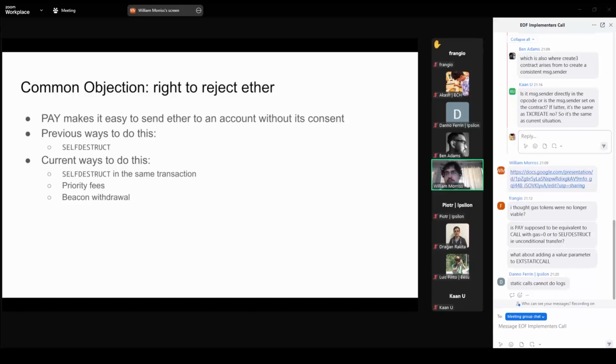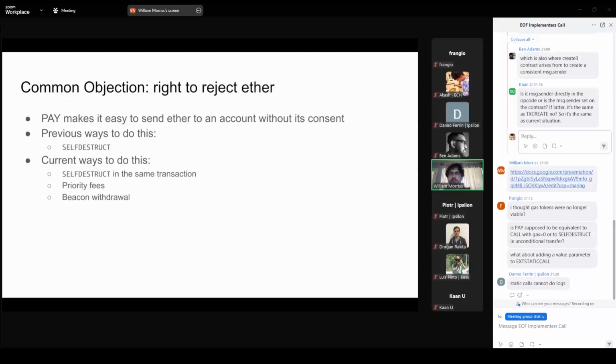Oh, so again, with the static call, the most common thing I've seen done with the gas stipend is to log, and you can't log in static call. And so you wouldn't be able to transfer to entire categories of accounts. For example, there's a block builder, I want to say it's STETH. They receive Ether in the Coinbase transaction and they emit a log. And so if you don't supply them with enough gas, they revert and then they don't receive the Coinbase payment. But I'm sure there's others, but that's the only one I'm familiar with. So you wouldn't be able to use that to pay them.